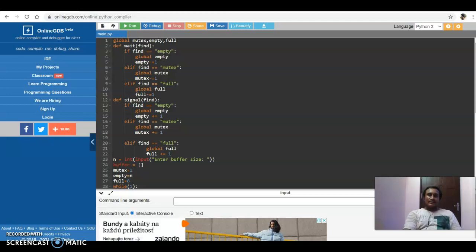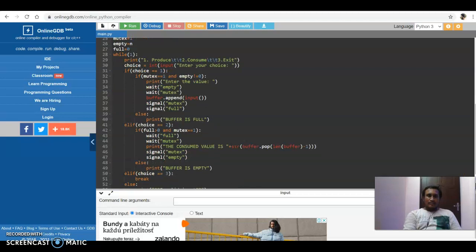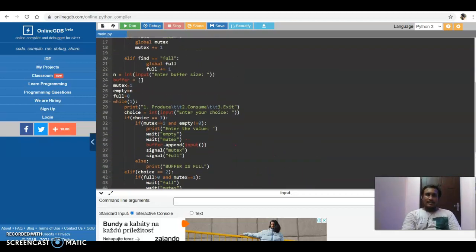Define signal(find): if find is equal to empty, global empty plus equals 1. Else if find is equal to mutex, global mutex plus equals 1. Else if find is equal to full, global full plus equals 1. And n is equal to int input, the buffer size. Buffer is empty, mutex is equal to 1, empty is equal to n, full is equal to 0, while